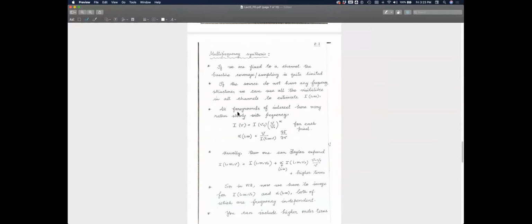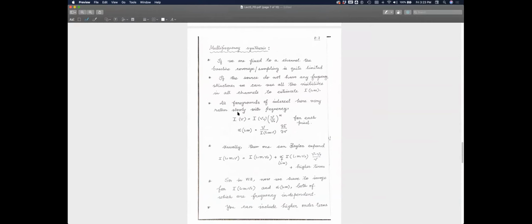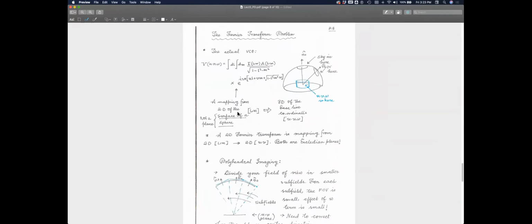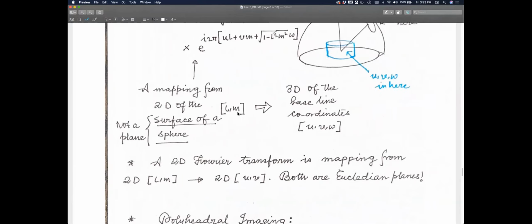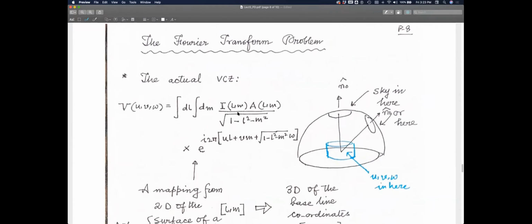Okay. So let us now take up the other challenge in imaging. It's not actually a deconvolution challenge. This is an imaging challenge, which is the Fourier transform problem: the fact that the van Cittert-Zernike theorem is not quite a Fourier transform relation. So let us ask the question, how does one address that?